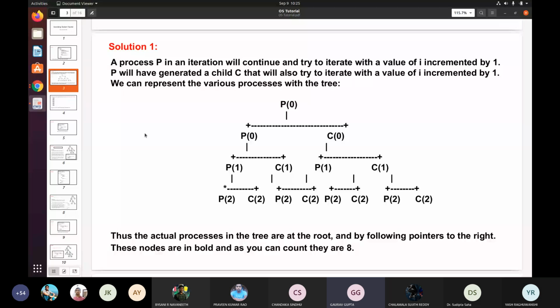And similarly these things will continue. So for this P0, now iteration i will become 1, and it will make P1 and C1 when it forks. Just focus on the parent process only. So then again when P1 prints parent 1, and when we call again for, yes, go upside, second.